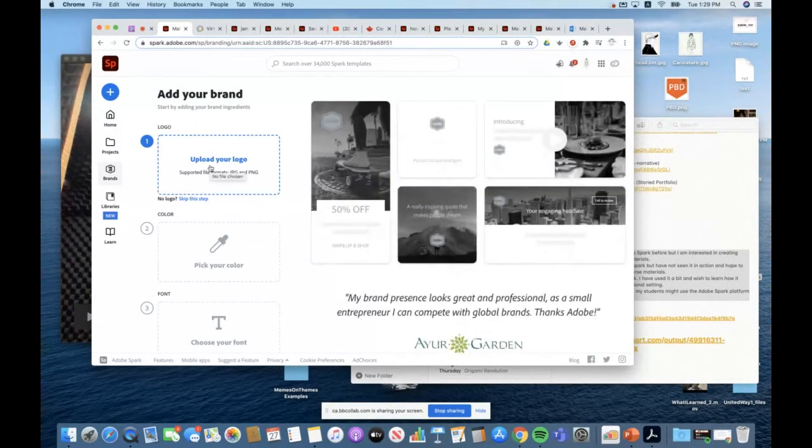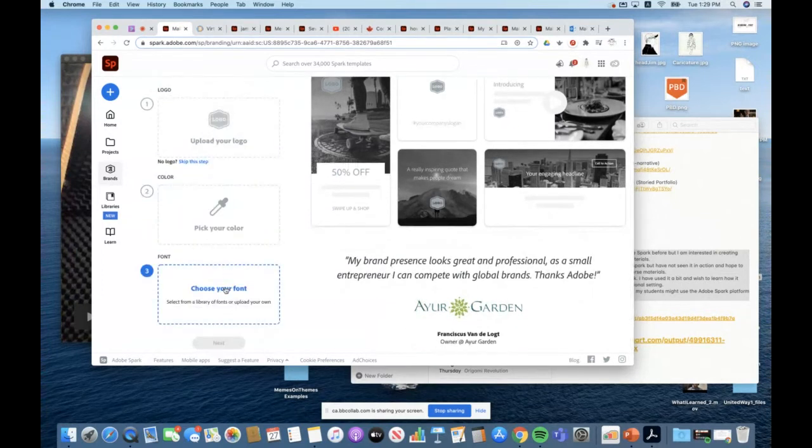So you can upload your college logo there. You can pick your color schemes very accurately. You can choose the fonts that are being used by your college, and instantly you can see with all the different types of social media posts, whether it's a Facebook banner or an Instagram story, just in here in the templates how it would brand that, using a generic brand at this point in time.